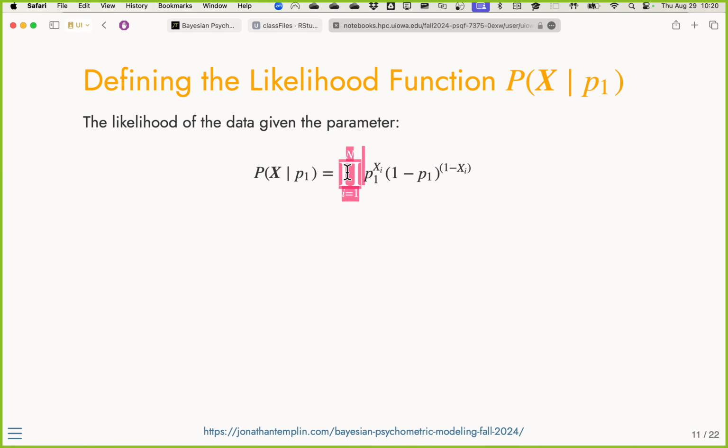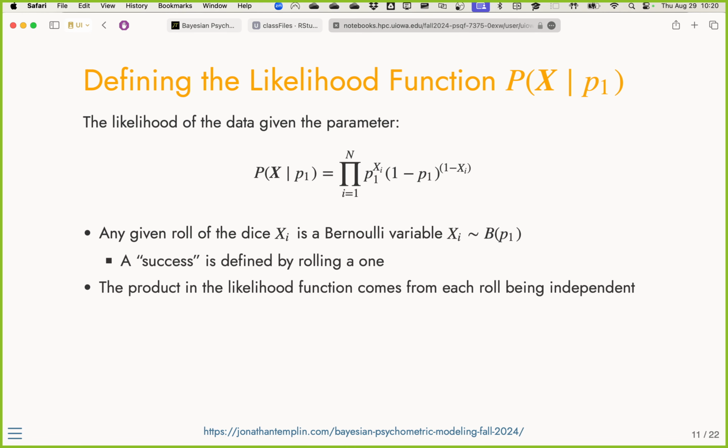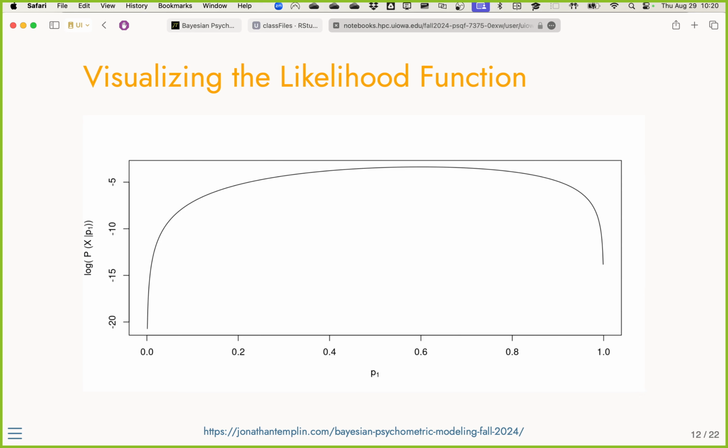Now this product shows up because we assumed that all the rolls were independent. When we talk about independence in statistics, we implement that using a likelihood function with the product. Basically, if these rolls are independent, that means their densities should multiply to provide the overall distribution likelihood itself. So there we have it. So this is the likelihood function. This is without any prior itself. But remember, actually, this is the log likelihood.